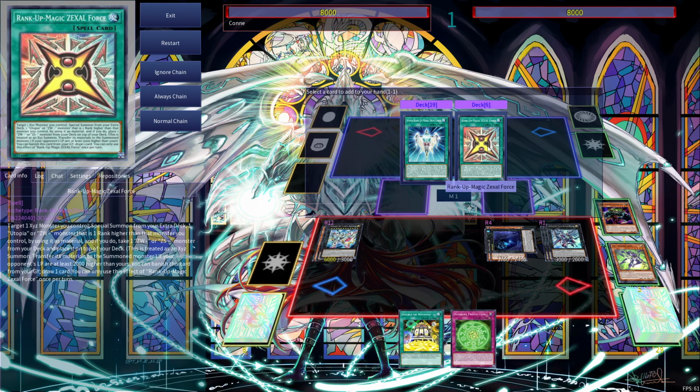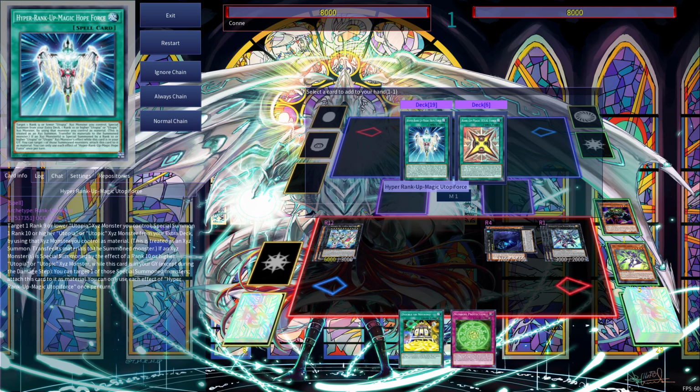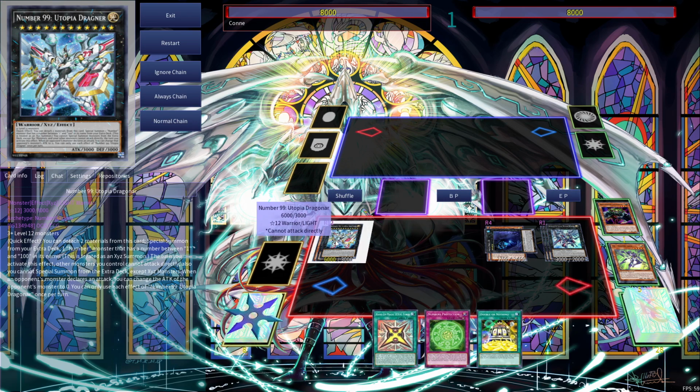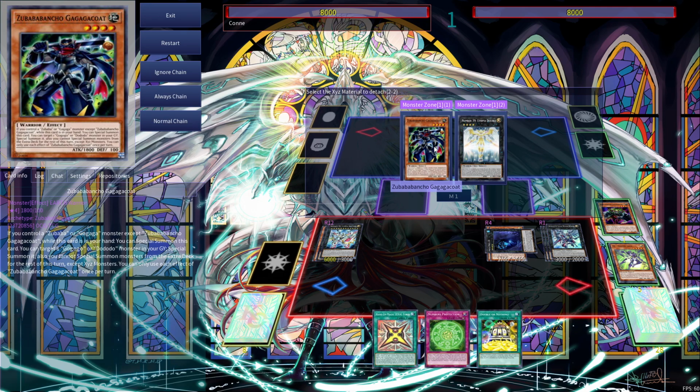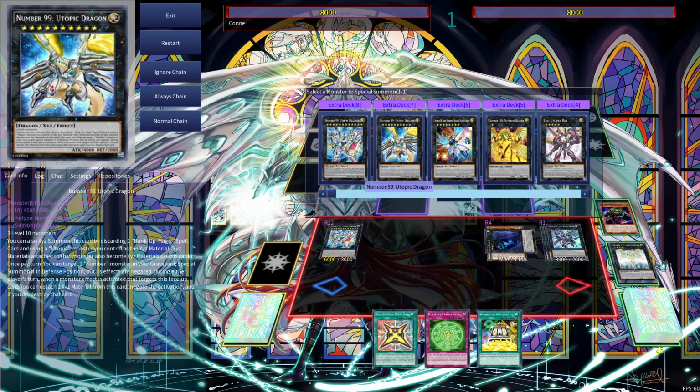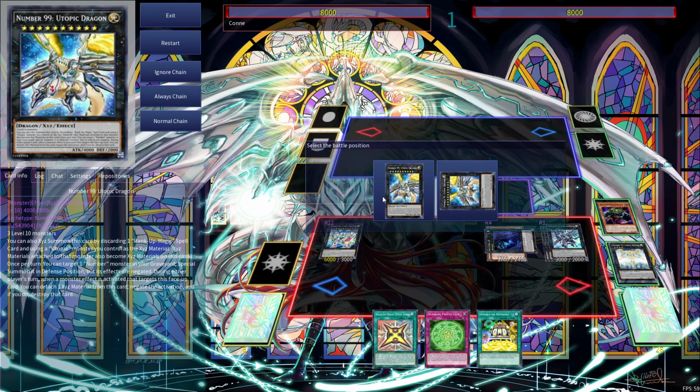So now we're gonna search us the rank up magic Zexal. Obviously, if we already have drawn into it, then this is basically unnecessary, but this card is also a very nice rank up. So in theory, we don't even need to play this, but still a nice rank up card, and I'm going to explain why I'm also playing this. So this card can now, as it says, cannot attack directly, discard 2 cards, which is perfect because we have both cards. And now we're gonna special summon the Number 99 Utopic Dragon,